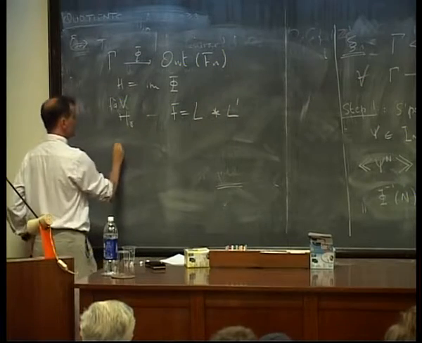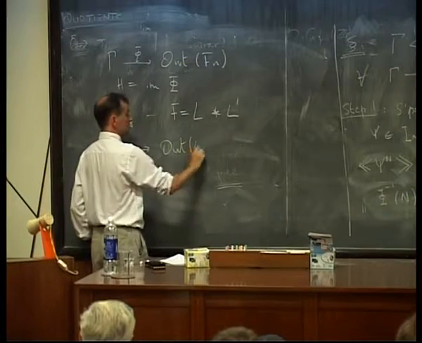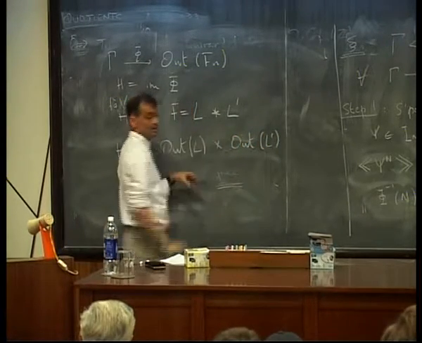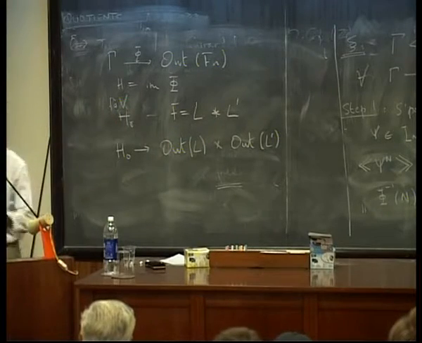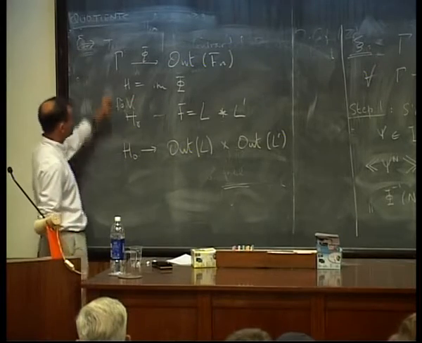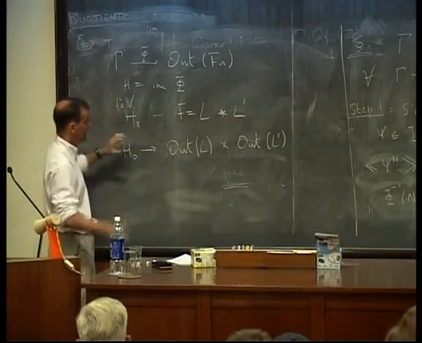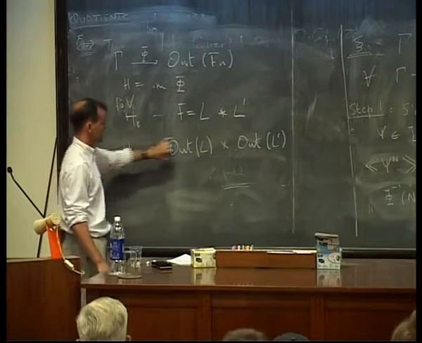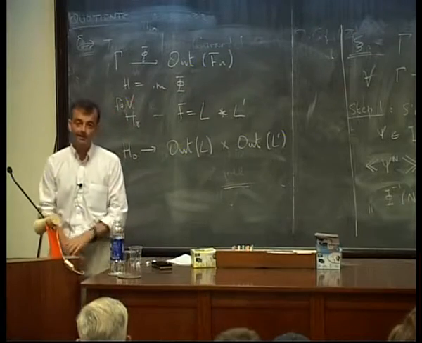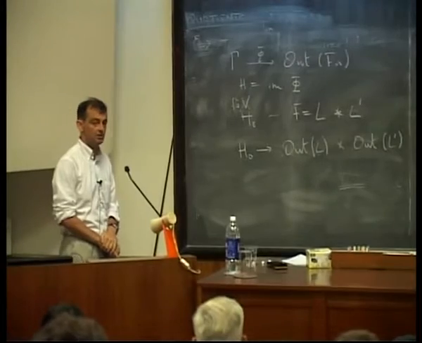Well, that's going to give you an induced map to the outer automorphisms of L and to the outer automorphisms of L prime. So there's an induction on rank here. You'd like to say that, by induction on rank, the image of gamma, or you've passed to some subgroup of finite index, so big deal, so what? The images here and here will be finite. But that does not mean that they don't generate an infinite subgroup of Out(Fn), unfortunately. So the induction's not easy.